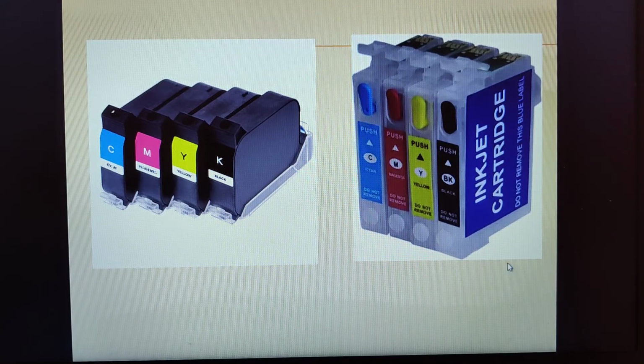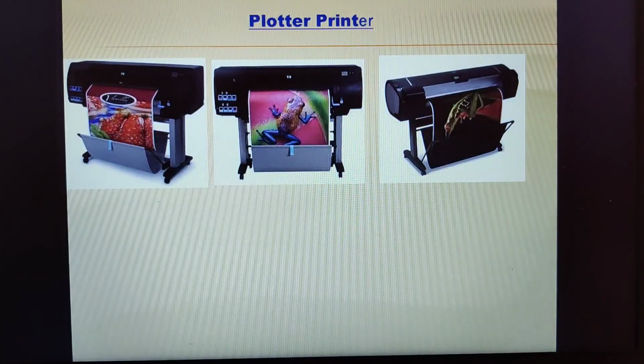We have seen that examples of impact printers are the line printers and the dot matrix, and examples of non-impact printers are the thermal, laser and inkjet printers. Now we shall discuss the plotters. What are these plotters and where are we using them? A plotter is a special output device designed to produce very sharp, very large graphics using different color schemes. Suppose you want banners or a blueprint of a building, there you use plotters.